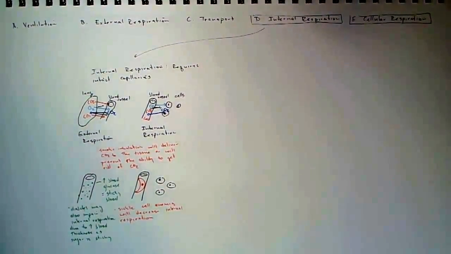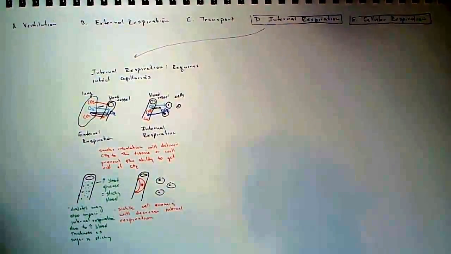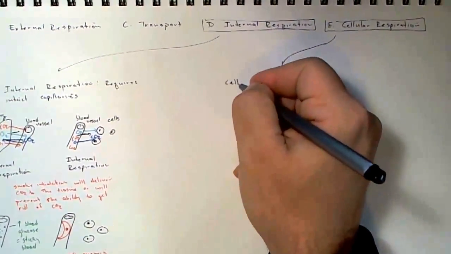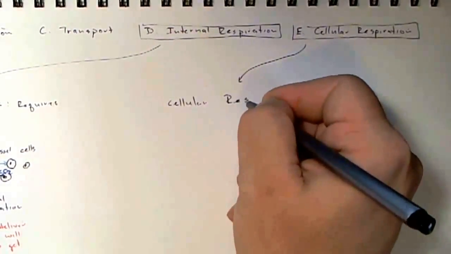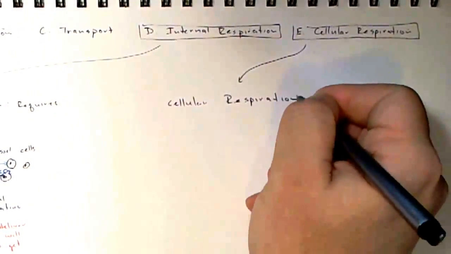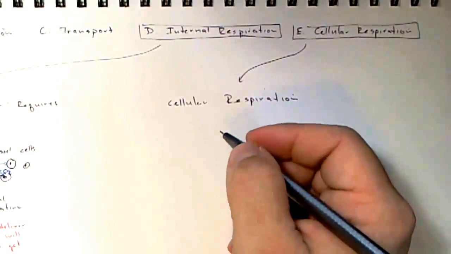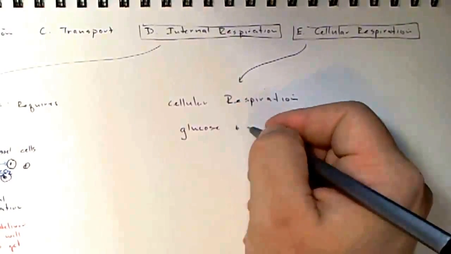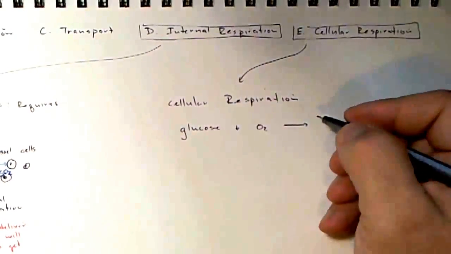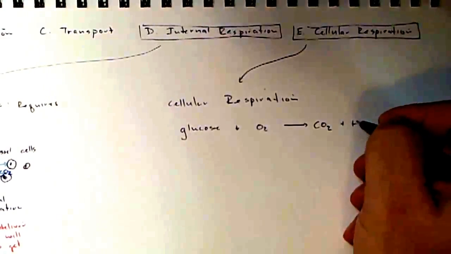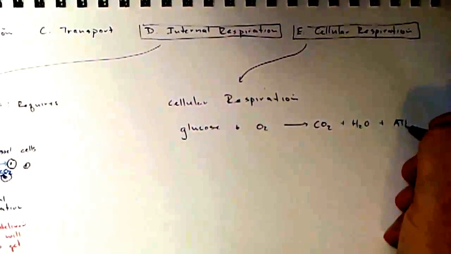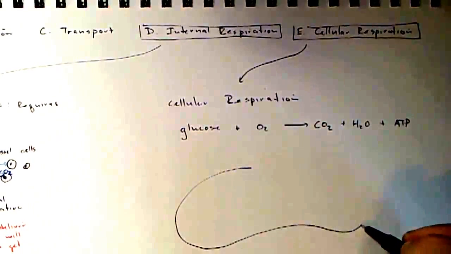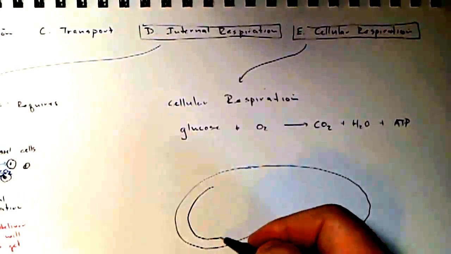Our last condition is cellular respiration. And my apologies if you are hoping for an in-depth run through the Krebs cycle and glycolysis. I'm going to keep it really, really simple. In fact, I'm not even going to necessarily put the numbers on it. Glucose plus oxygen is going to yield CO2 plus H2O plus ATP. And again, really in layman's terms, what's happening here in cellular respiration is this is a mitochondria, and mitochondria has these